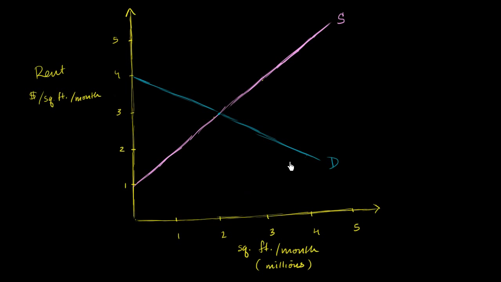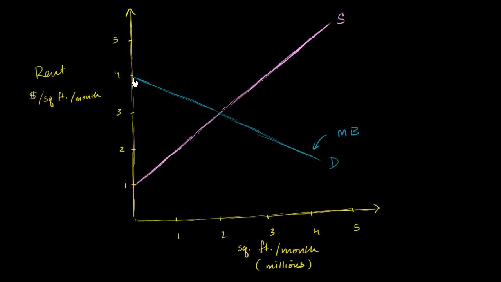And you see as the price is high, one way to view it is that the demand for square footage is low, and as the price is low, the demand for square footage is higher. But what I really want to focus on in this video is viewing the demand curve as the marginal benefit curve. Marginal benefit curve. So that first incremental square foot that is added to the market, that has a huge